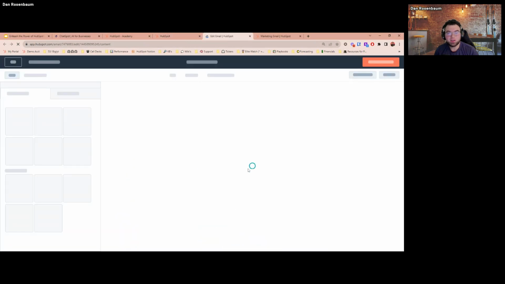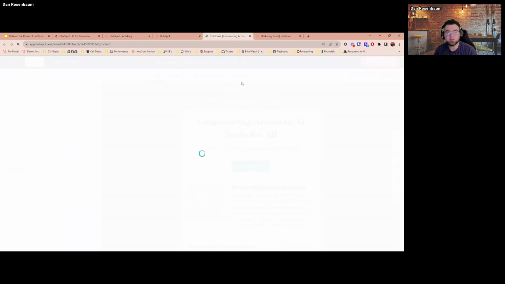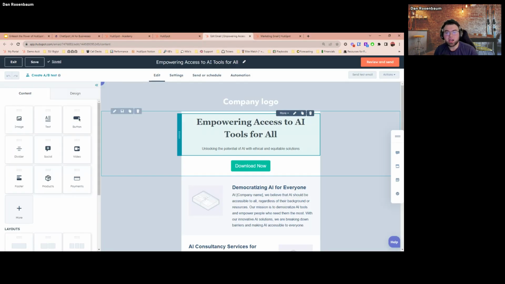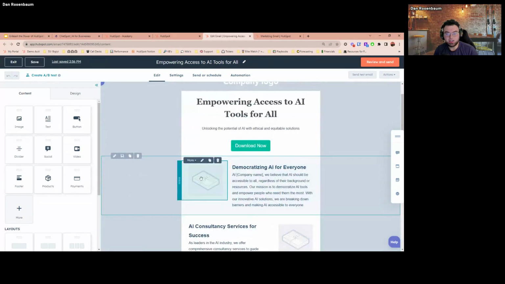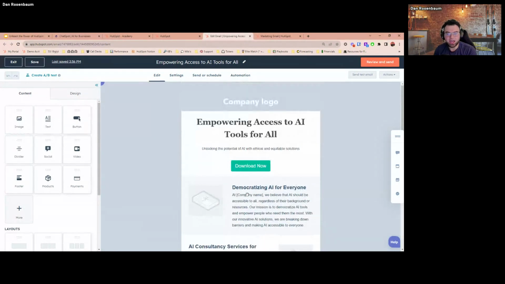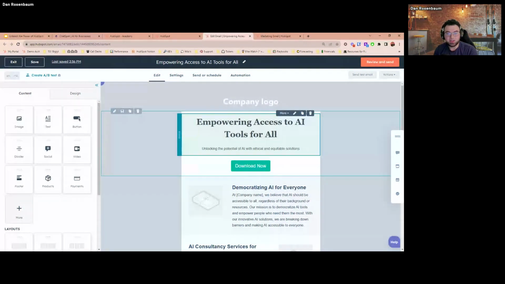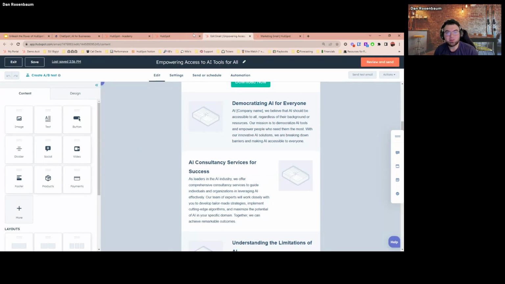HubSpot email. This is one of the coolest parts about why it's awesome that HubSpot is making these tools, because I just gave it some stuff, it built out some things for me, and then it dropped it into an email template that has the opportunity to add images. It's got the headers, the body text. It's pretty. Love this. There's a download button right there for that digital asset. It's up here as well. This is a lot of the work that I was going to have to do to get us into a marketing email, and it's just automatically done for me. It gets dropped in there for me, which is so cool.